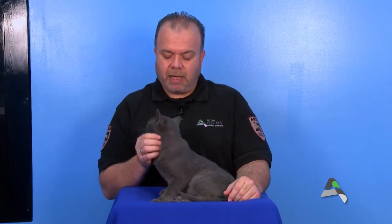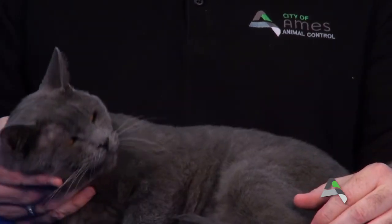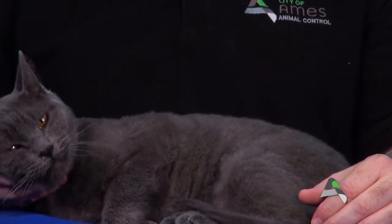And we helped a neighboring county with the cats. They had 16 cats in the house. And Isaac was just one of them. Unfortunately, the cats were not in the best of condition. Isaac had a severe case of ringworm, so we actually had to shave all of Isaac's hair off while he was getting treatment,